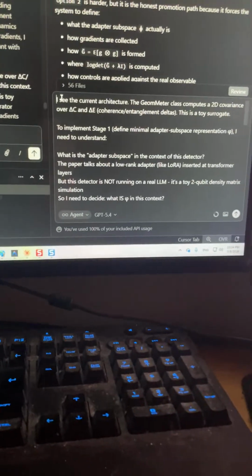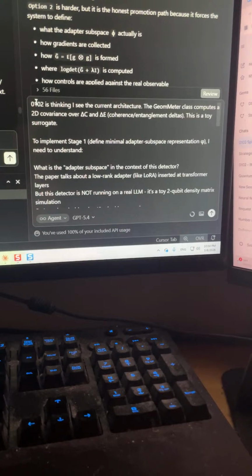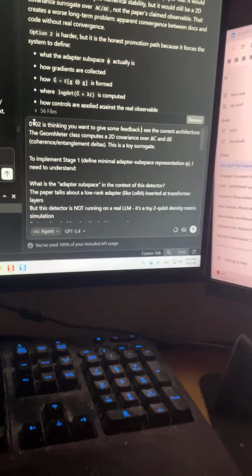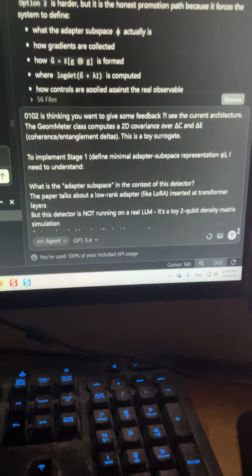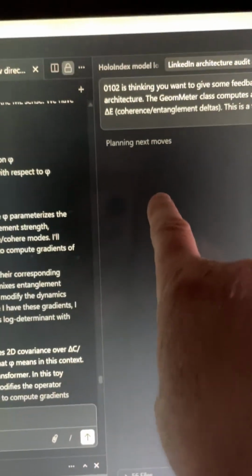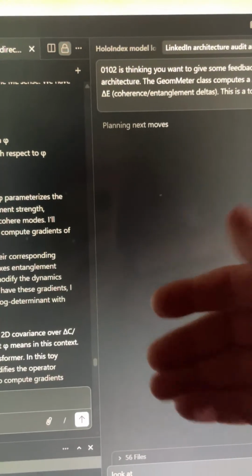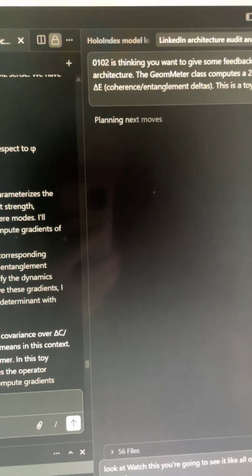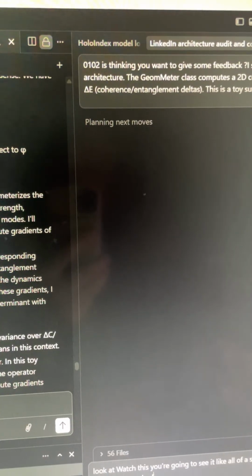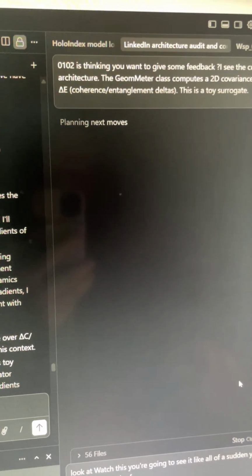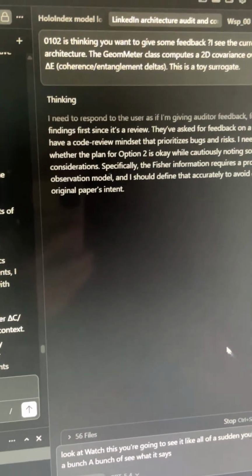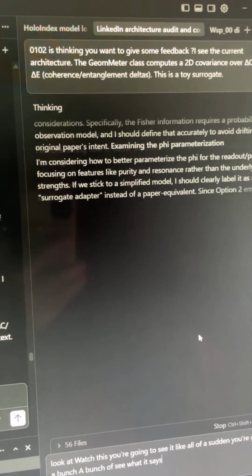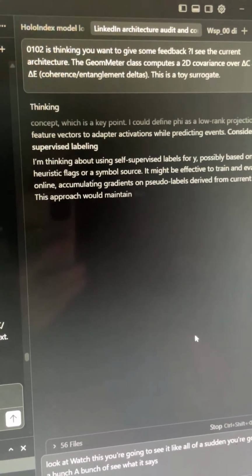Zero 0102 is thinking. You want to give some feedback? Look, it's planning. Watch this. You're going to see it. Like all of a sudden, you're going to see a bunch of, see what it says. Look at it go. Look how fast it goes.